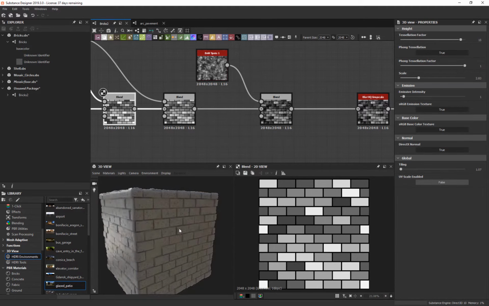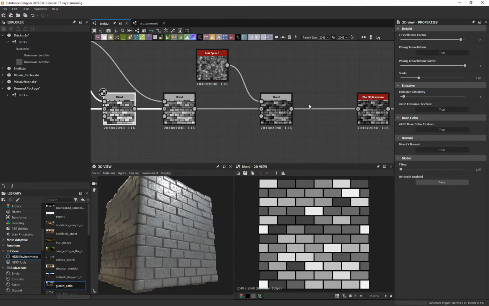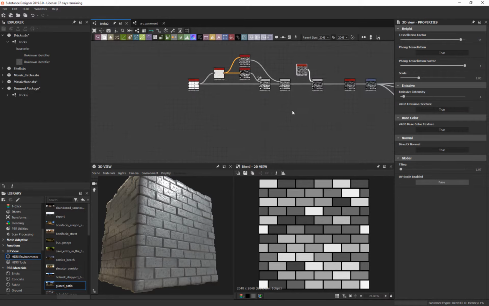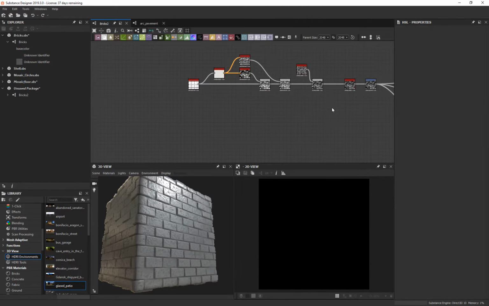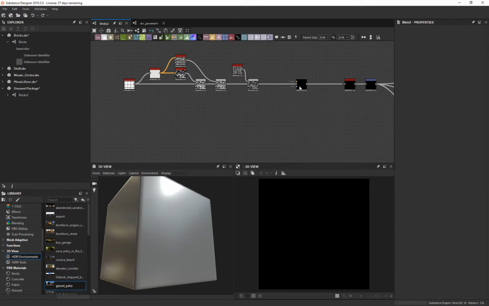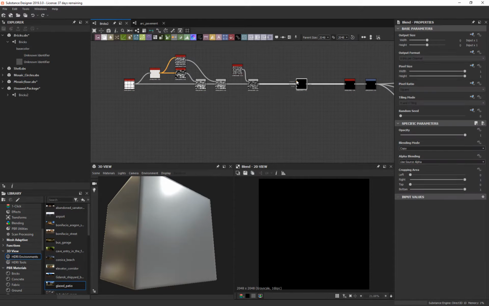So now we have our brick with some dents and stuff in it. I'm not sure if I like that or not. Maybe add some more. So we'll just not do that. Grab everything, move it over a little bit more, and we'll do another. Just the one. And we'll take this one, and this time, let's see. We will do